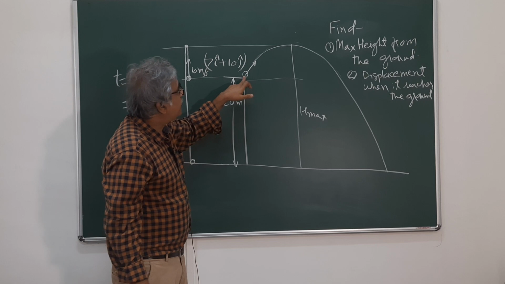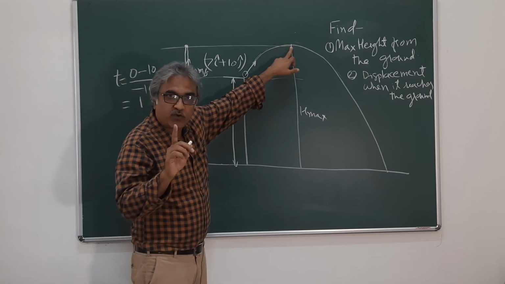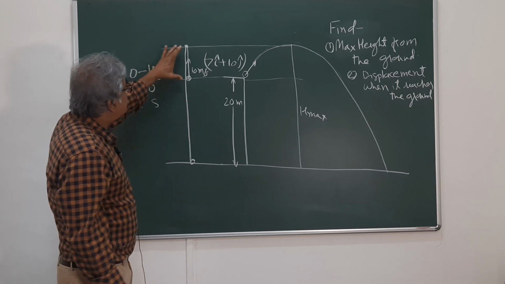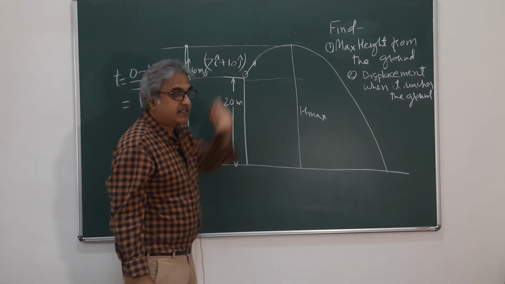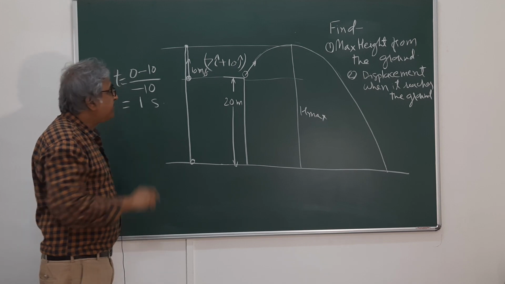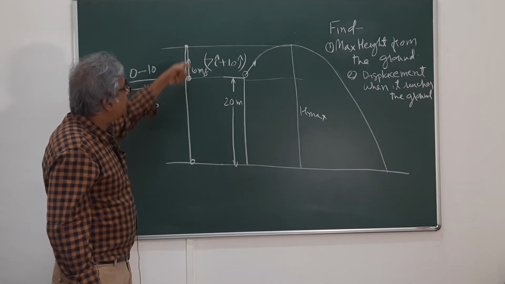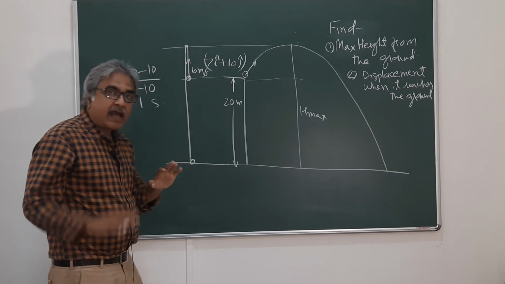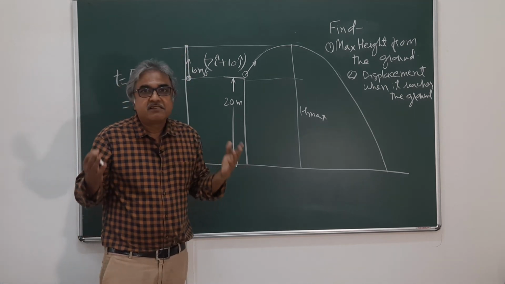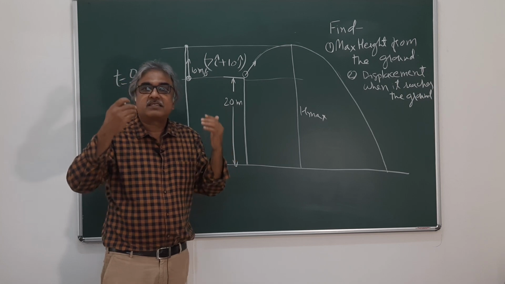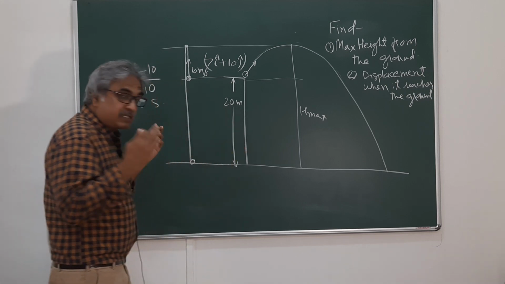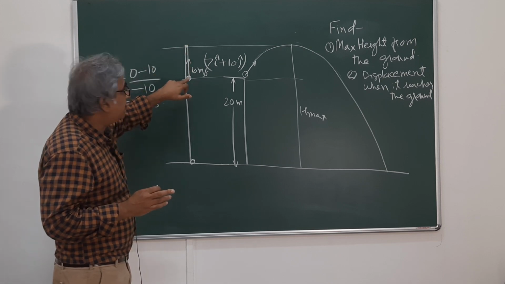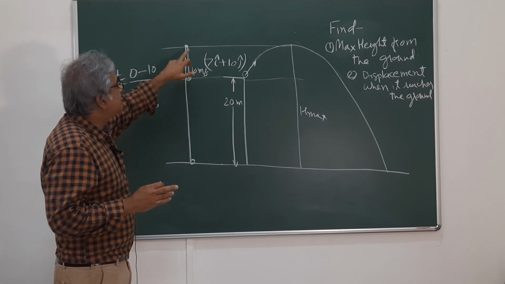That means this projectile also reaches here in 1 second. Okay. Having done that, because we want to find out this distance, right? This is the same as this. How would you find it out? We know time. We know that the acceleration throughout this travel, from here to here or even from here to here, is constant, which is minus 10 meters per second square. That is acceleration. So since acceleration is constant, average velocity during this travel from here to here is given by